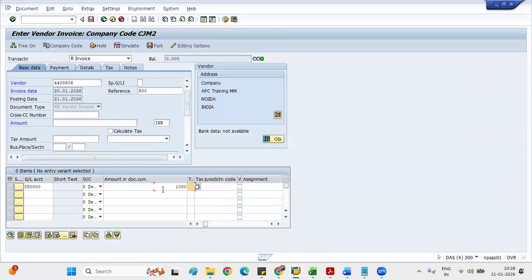Yeah. Tax code. I believe it was in case of, what was the tax code? V1, I believe. V1 was there, right? Or VI. Both are there. Okay. Now